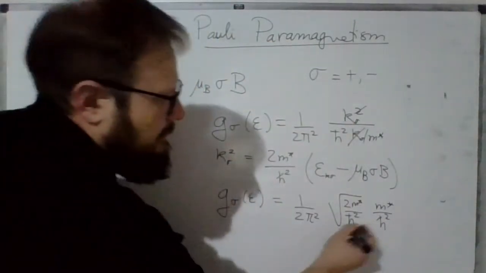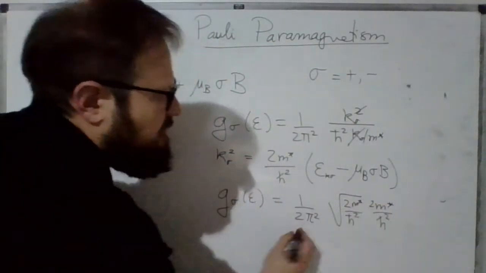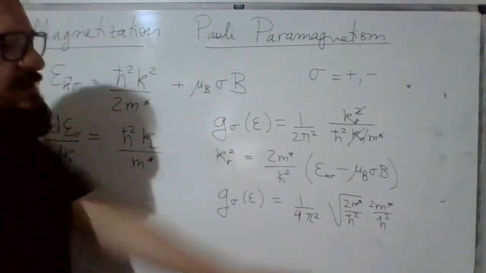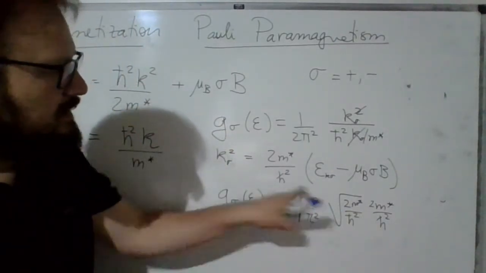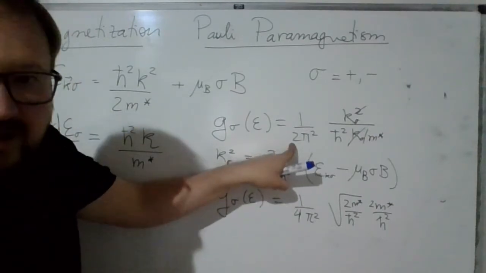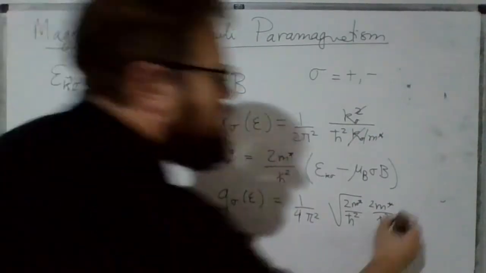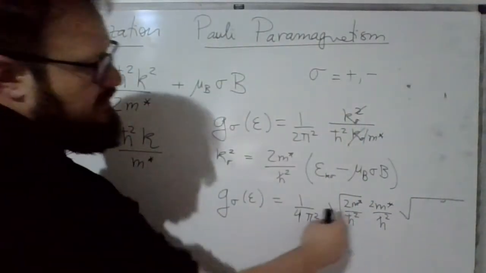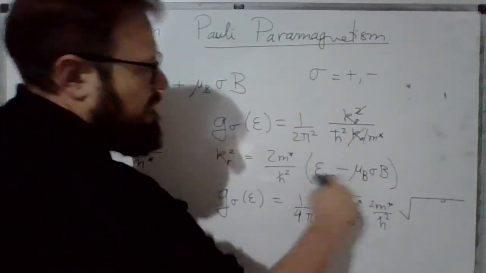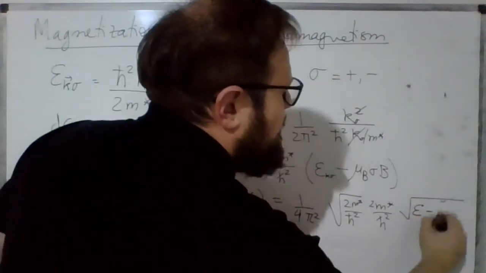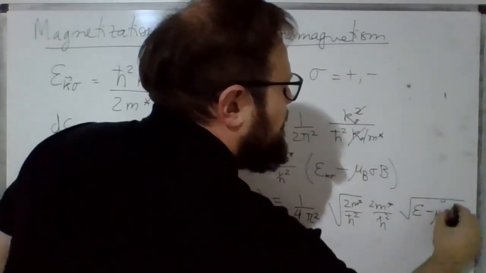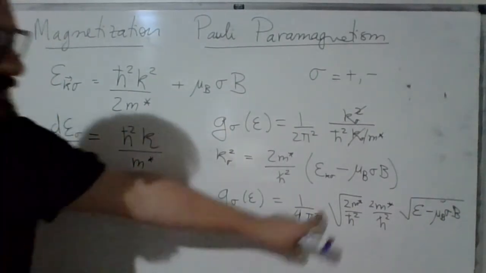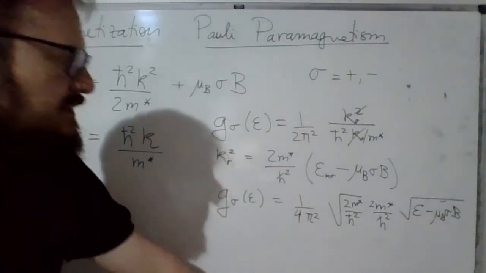We can multiply by 2 here if we divide by 2, so we get a factor of 4 here. These 2 cancel this 4 and produce this factor of 2 here. And now we have to replace the k, this comes from k, by energy minus Bohr magneton times sigma times B. Right? And therefore the 3 halves